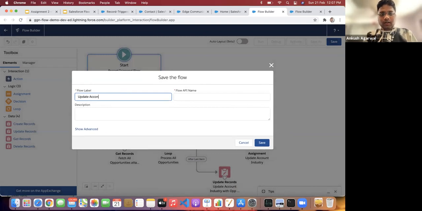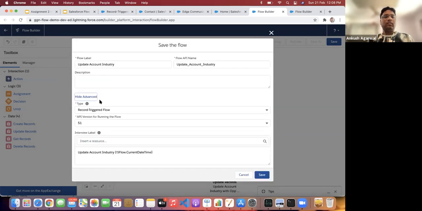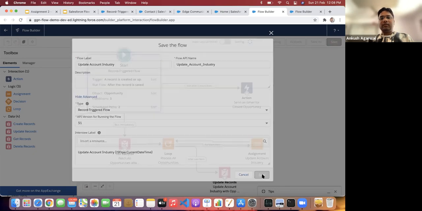Update account industry. And similarly here also, that particular option is not available, and we just have to save it.